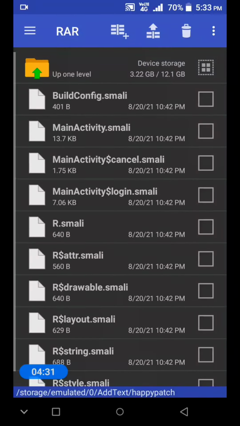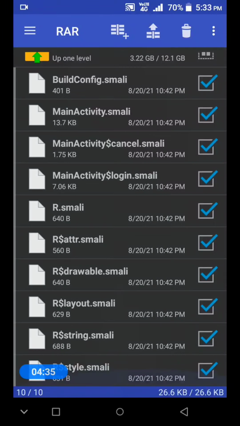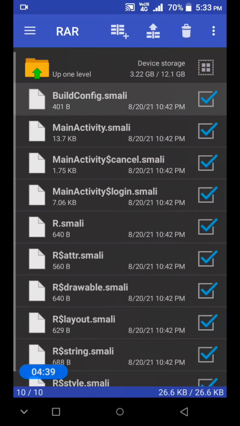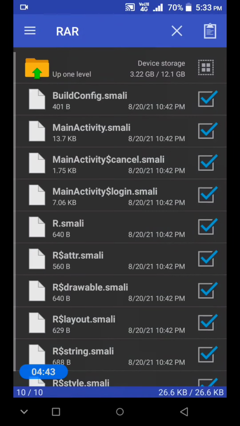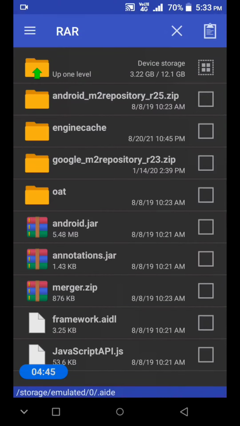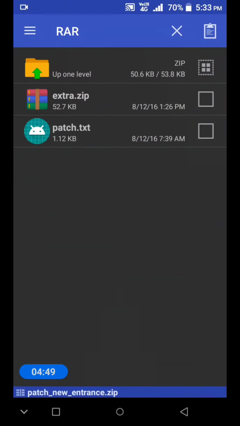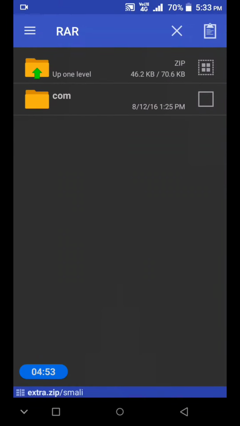You can see it is here. Let's copy all of this and paste it here, extra zip, smali, com, example.